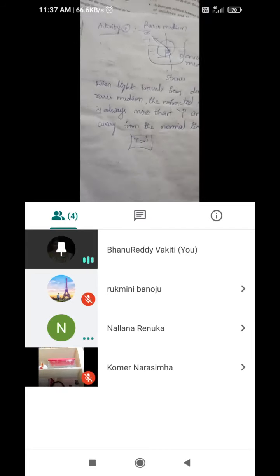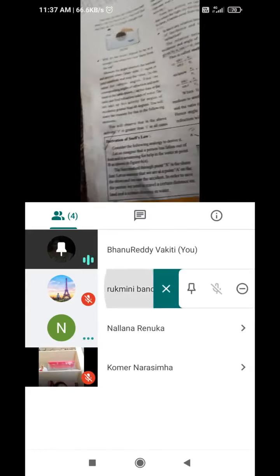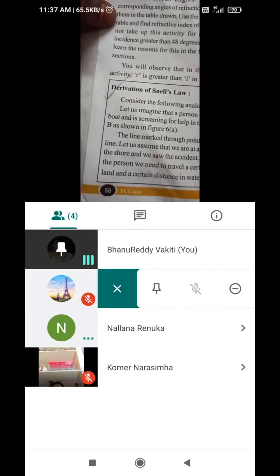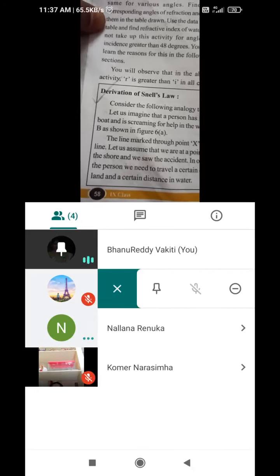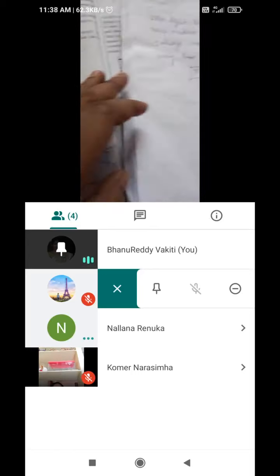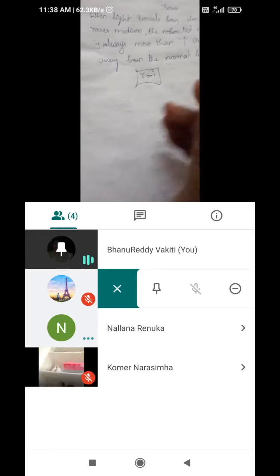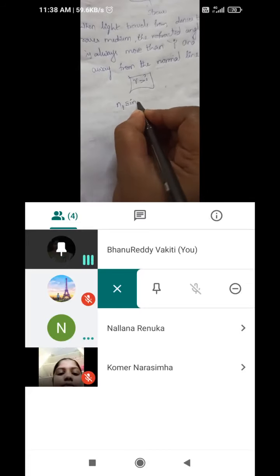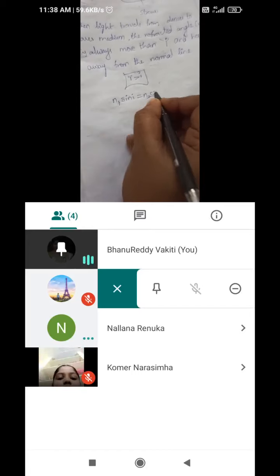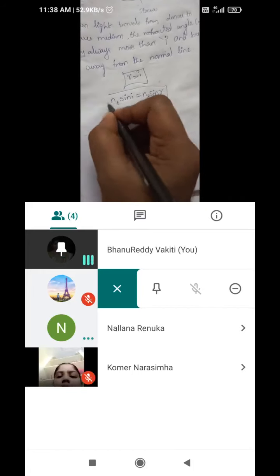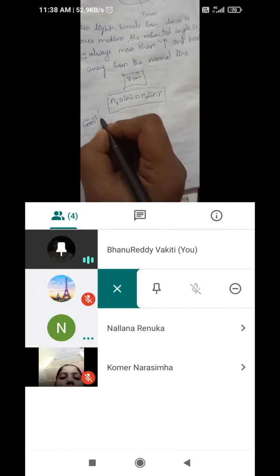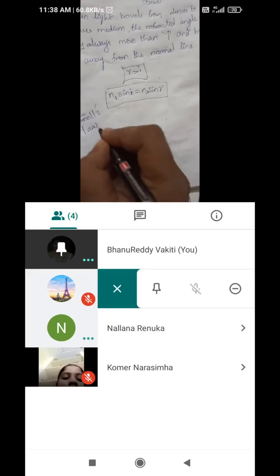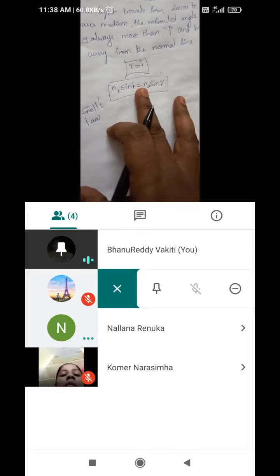In the form of Snell's law, we can observe another type of relation. The derivation of Snell's law we will see tomorrow. The relation between the angle of incidence and angle of refraction, I will just give you an introduction. N1 is the refractive index of medium 1, and N1 sin I is equal to N2 sin R. This is Snell's law, which indicates the relation between incident angle and refracted angle. This we will derive tomorrow clearly.